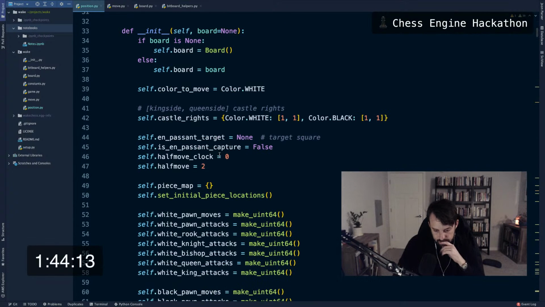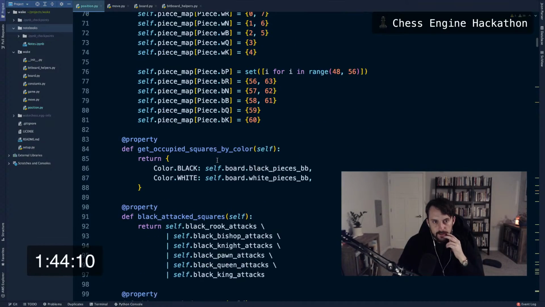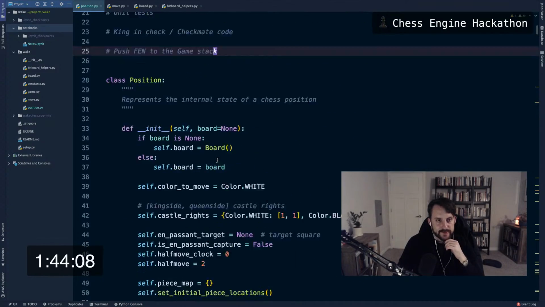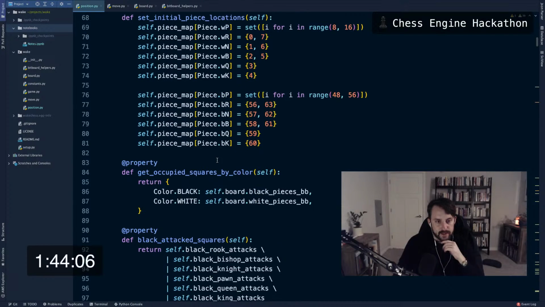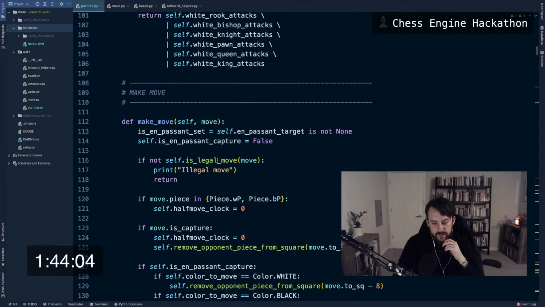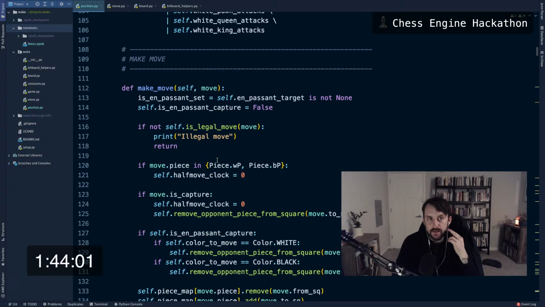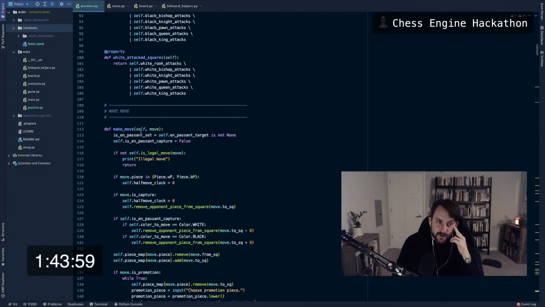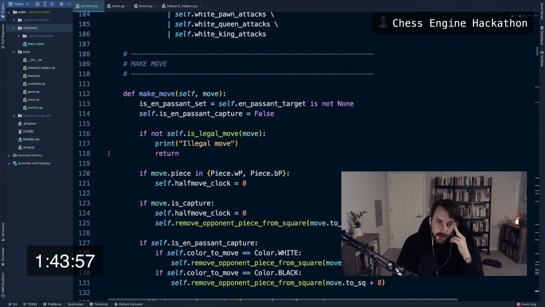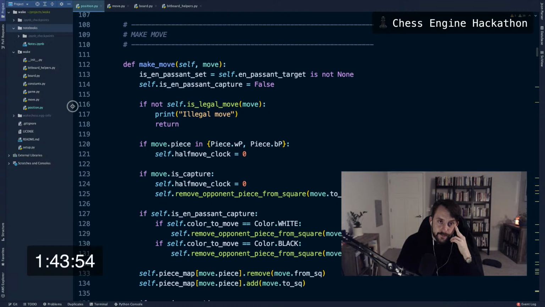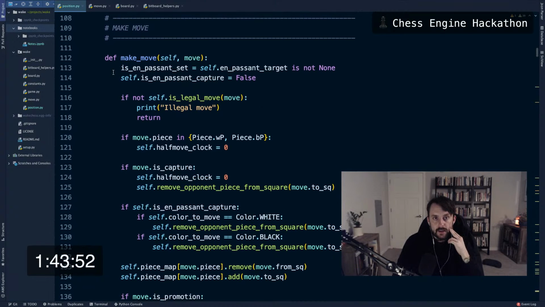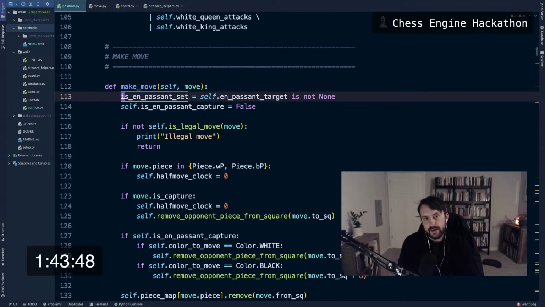So the flow, I guess this is a good point to refresh on the flow of a move on a turn. So we have the make move method on position. So for better or worse, make move is on our position, in our position module. So what we do is we have a truthy value as to whether or not en passant is set, meaning that we can